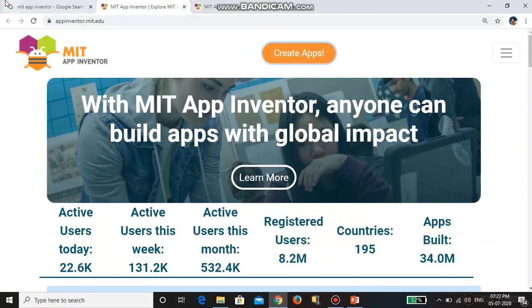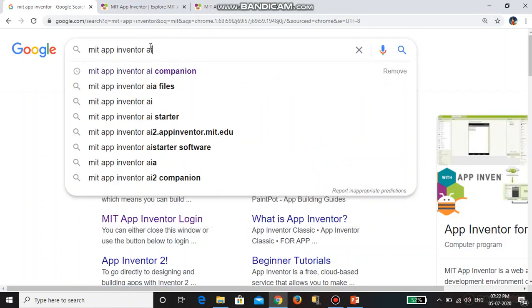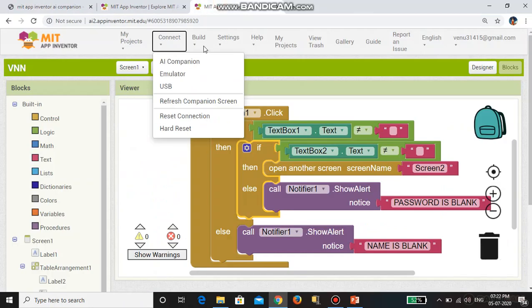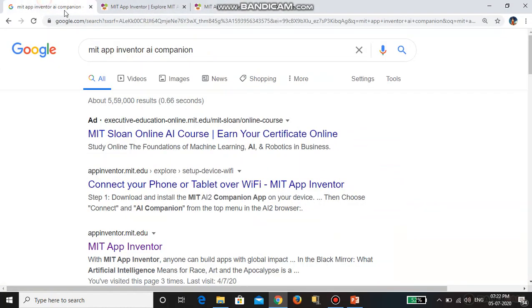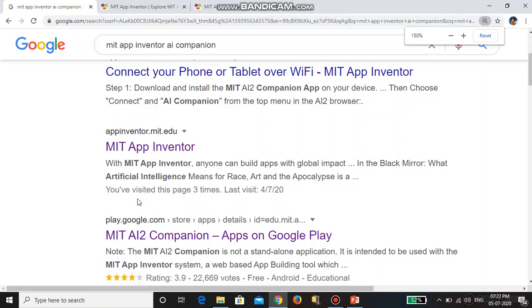In the smartphone, first you want to download the AI companion, because we are going to test the app by using the AI companion. So first we want to download the AI companion app.